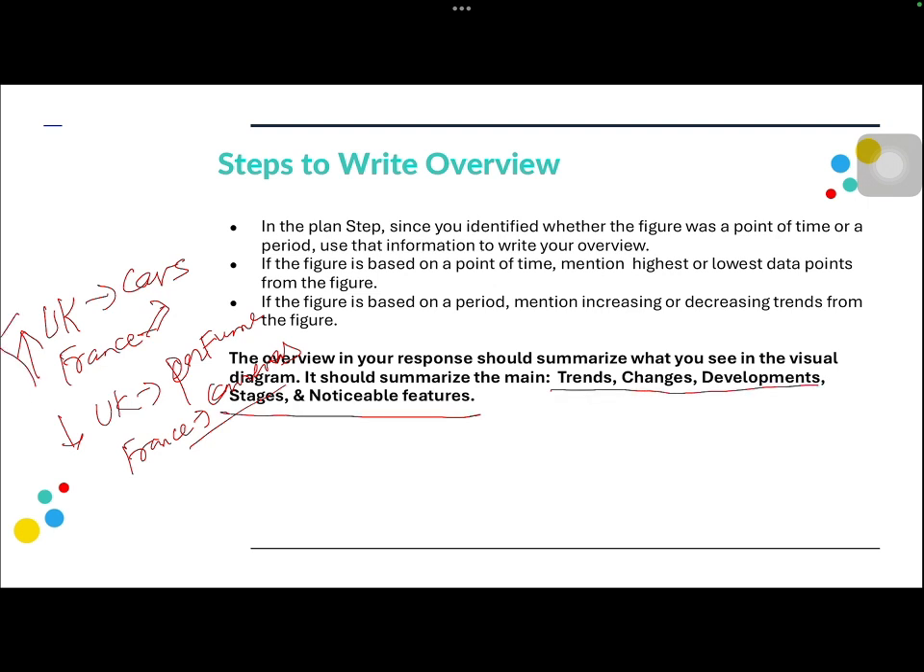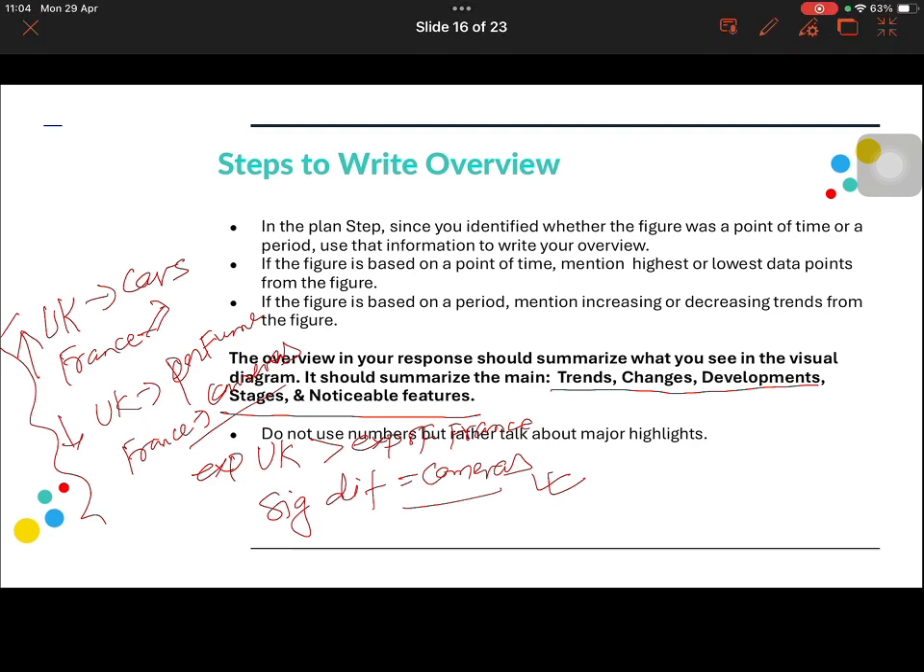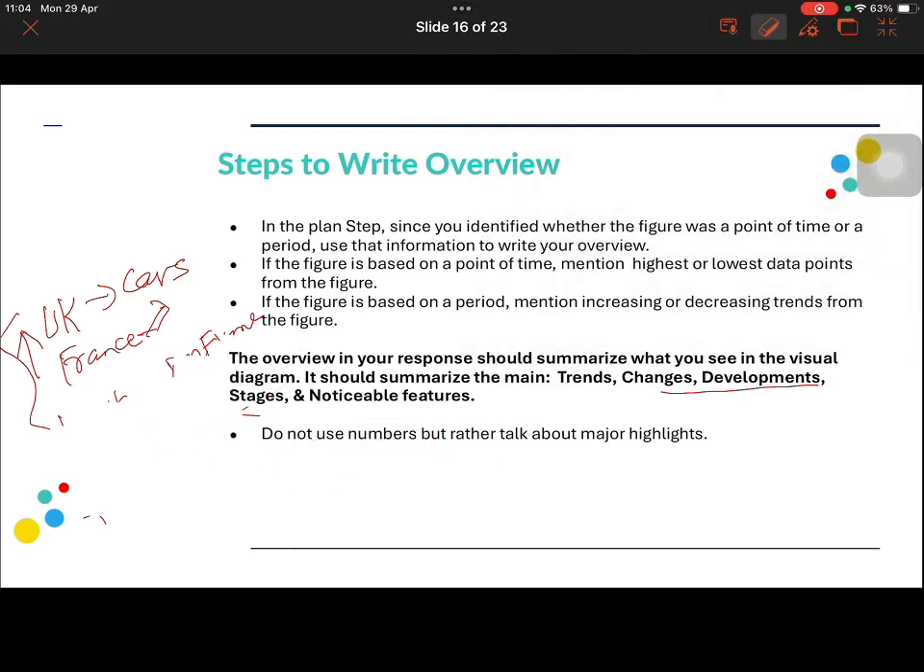Now, apart from noting down the highest and least data points, we also noted down other significant features where we said that expenditure of UK is greater than expenditure of France, right? We also said that the most significant difference between expenditure is on cameras, right? Now, these are other major noticeable features that we had noted, and we are going to mention all of this in our overview, right? Also, one of the very important criteria for overview is please do not use